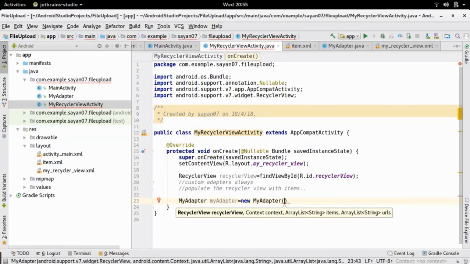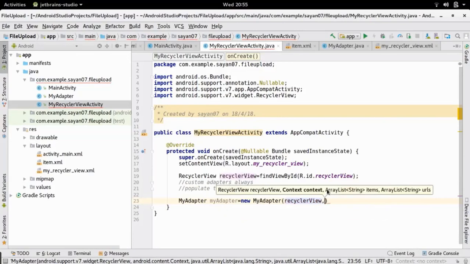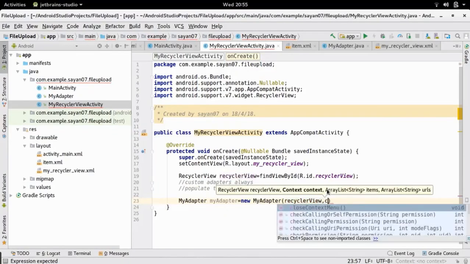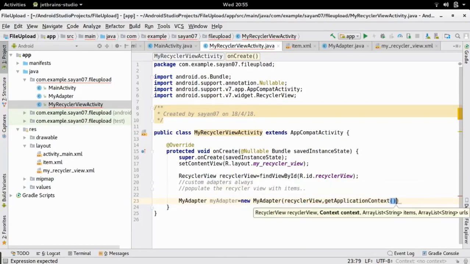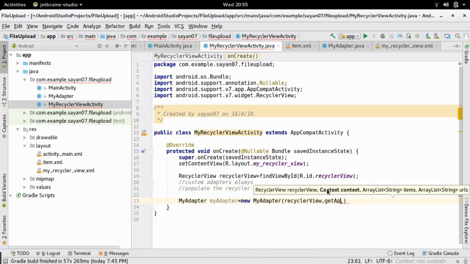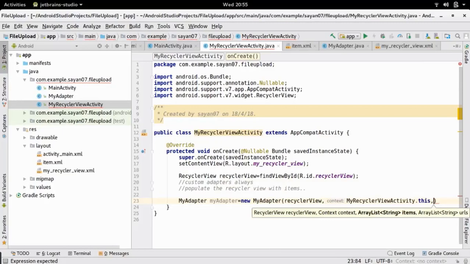First will be our recycler view, the second will be a context. So we can get the current context by writing the get application context method, or you can also write my recycler view activity.this. And the third and fourth parameter will be simply array list. So first let us pass empty array list.